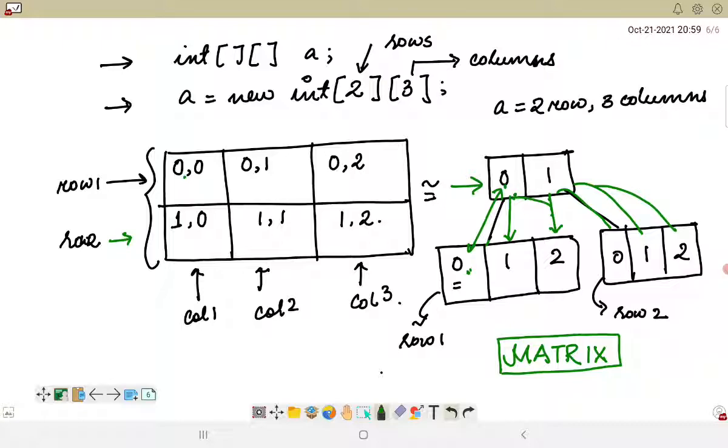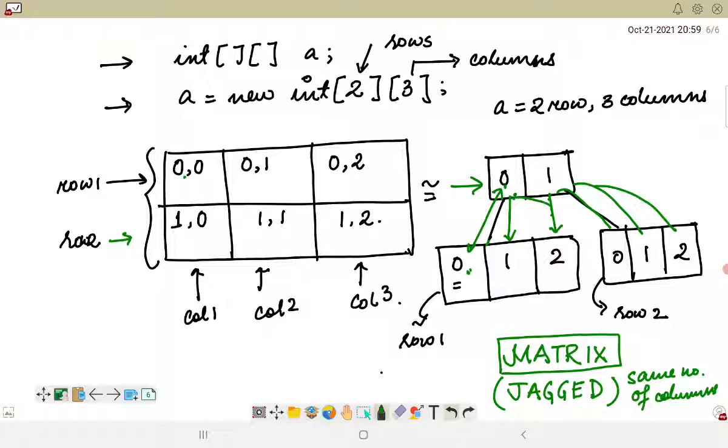Now essentially, if we are talking about a matrix array, there is also a concept known as a jagged array, and in this jagged array we do not have the same number of columns for each row. Now we will see how actually a jagged array can be declared.